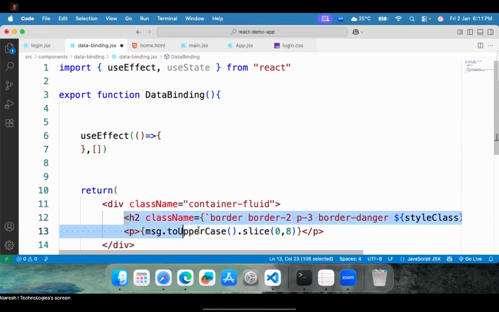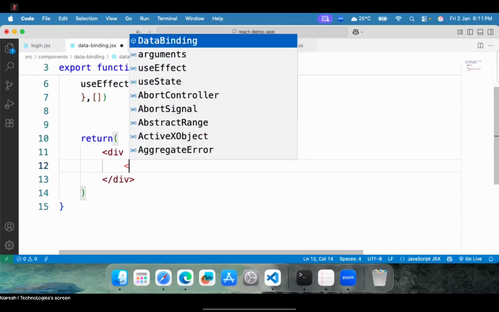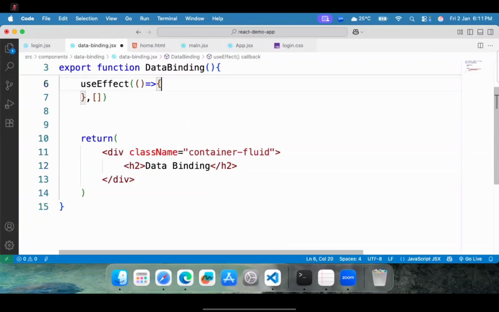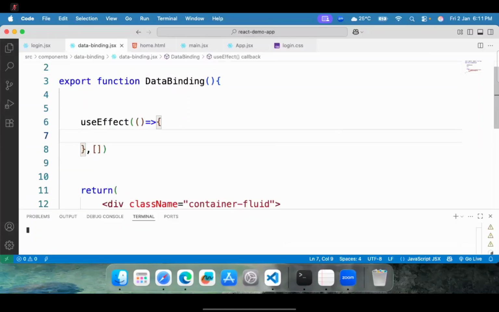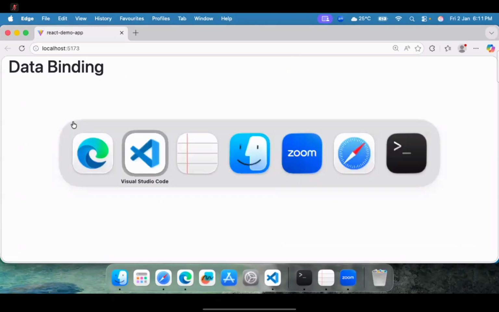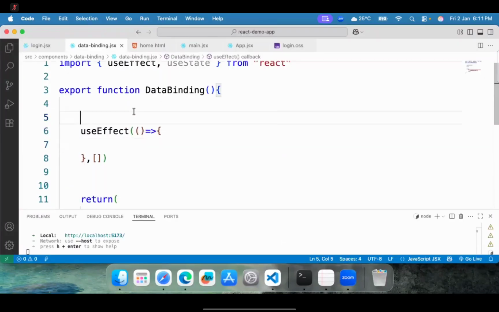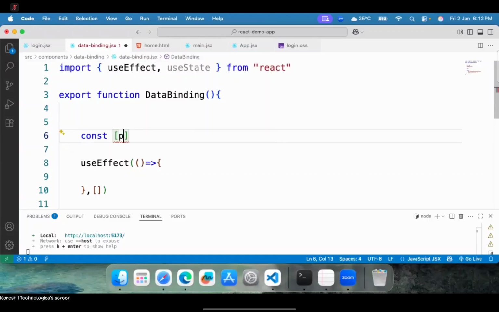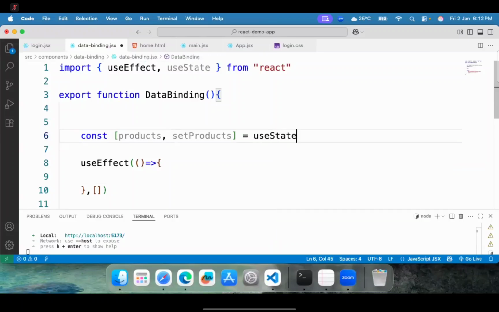Yeah, we have a simple data binding and we will start the project with npm run dev, and this is our data binding component. Here I want to create one array constant, some products, and we have set products is equal to use state,